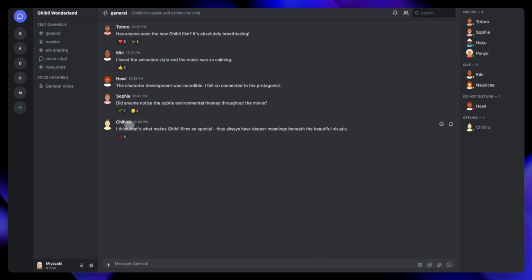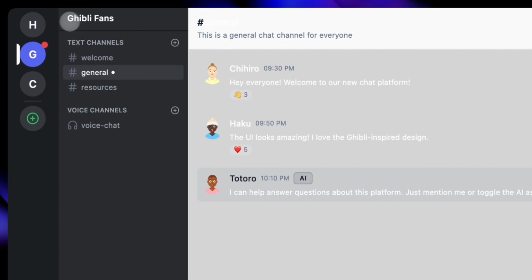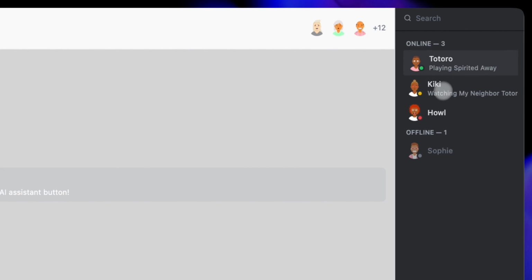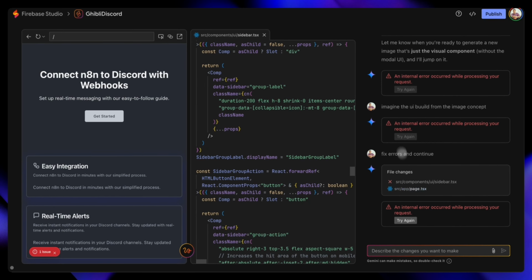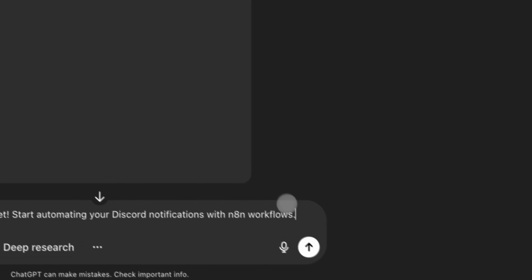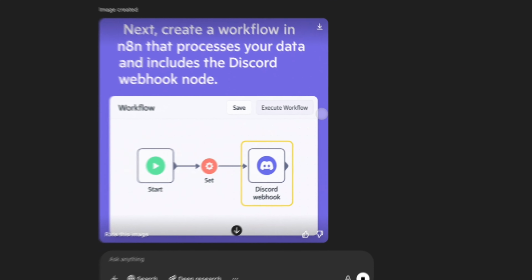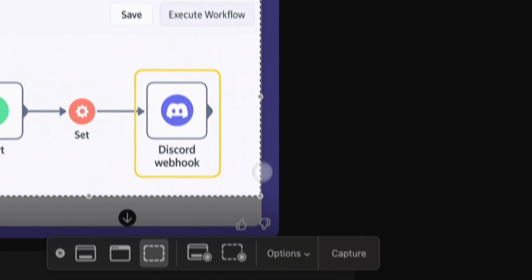And as you can see, this is Tempo's finish. It created a whole Ghibli Wonderland app. So feature Chiro. It's got all the Ghibli character names. You go to explore worlds, and it even has different color variations as well. Tutorial, Kiki, Hal, Sophie. This looks like the light mode. It looks kind of like Discord, so not bad. Tempo created me a Discord replica just because I asked for it to create Discord in a webhook video UI, but it decided that it'd be best if it created Discord so I can make a webhook UI inside of there, I guess, or webhook inside of there.